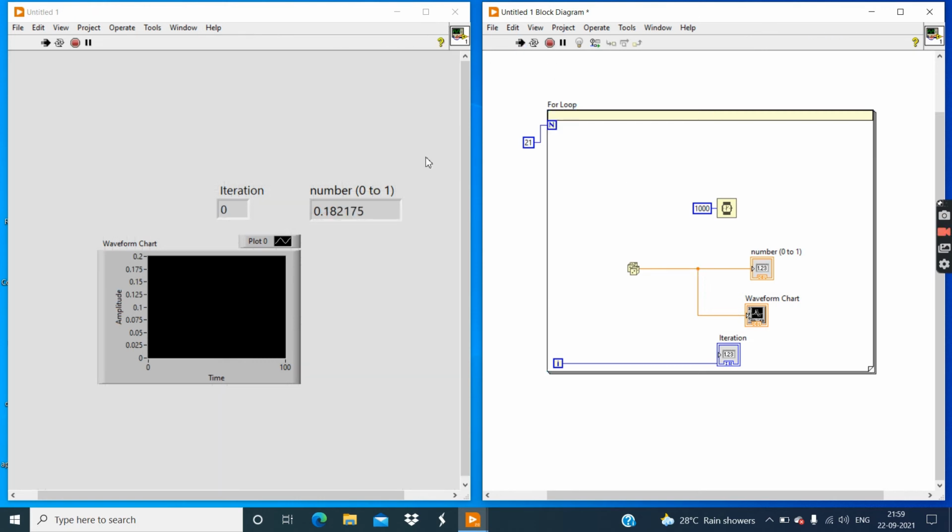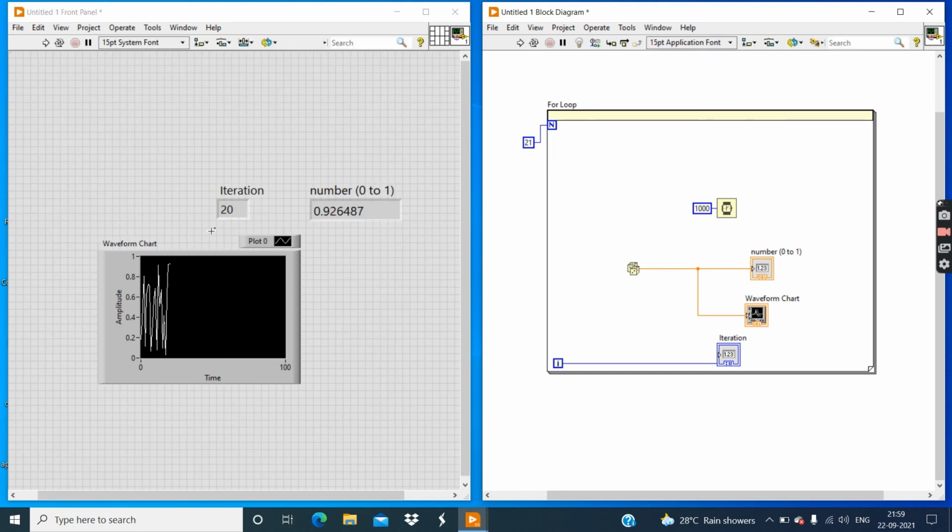Now click on the run button. You can see it generates a waveform as per the random number on each iteration. After 20 iterations, it stops the execution. 17, 18, 19, 20. Yes, it stopped the execution.